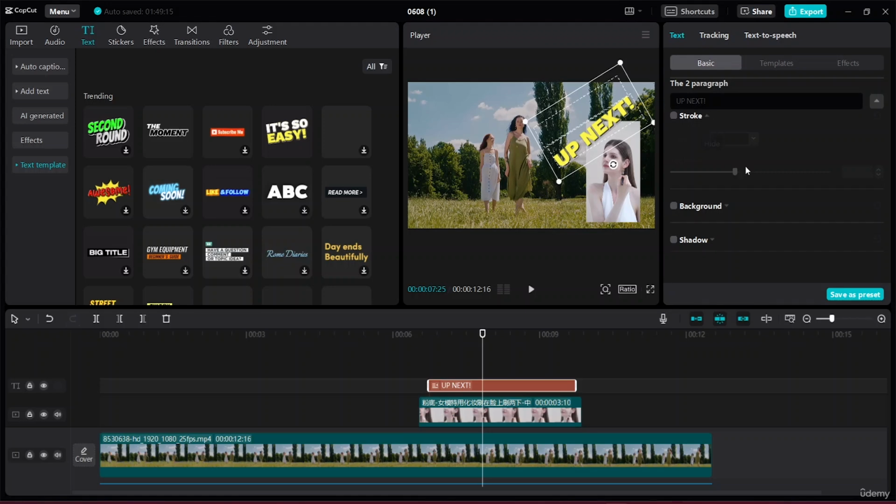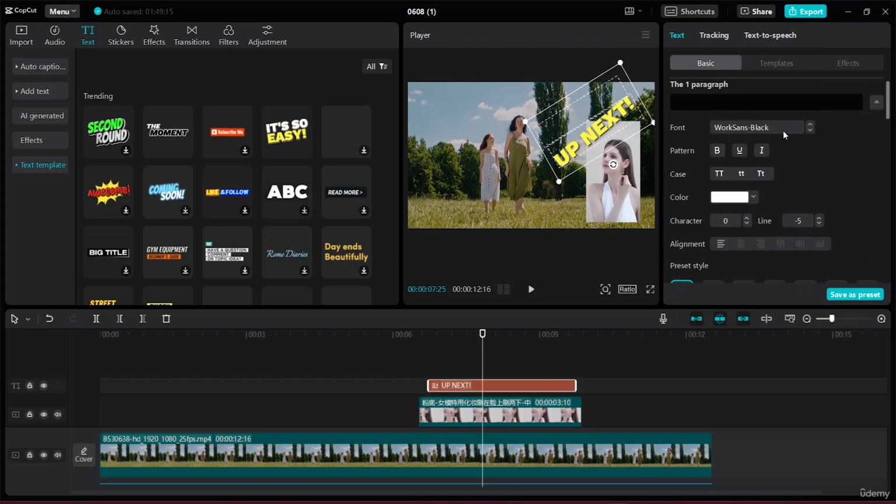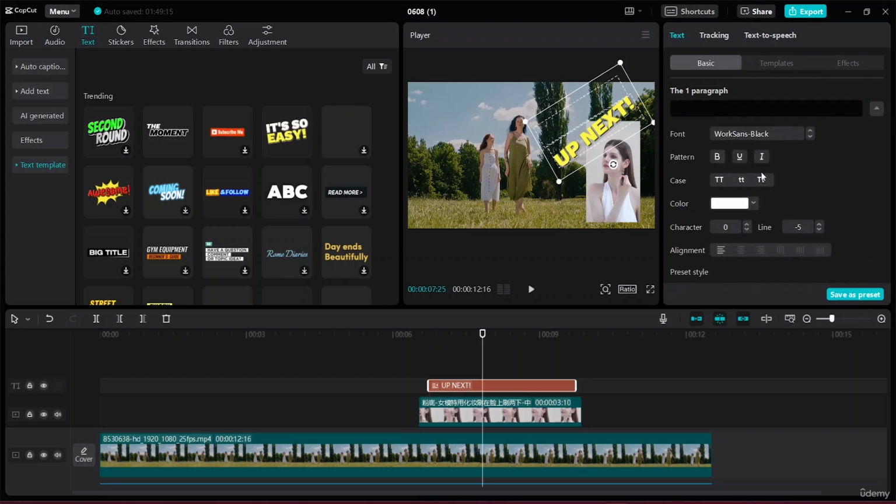And if you do want to add a stroke, you can come here, click on the stroke option, and you can also work with that. At the same time, right over here, if you do want it in a Work Sans Black option, you can also do that. Otherwise, you can just give this one a rotation right over here. Okay, let's come here, and from here now let's just place it on the side,